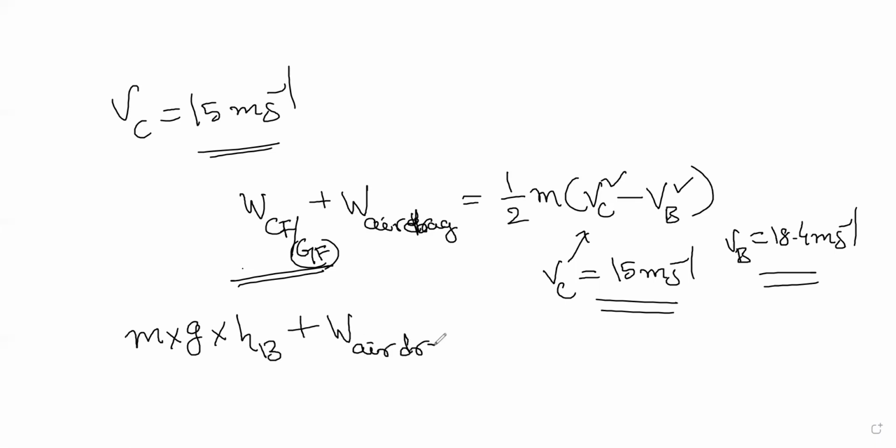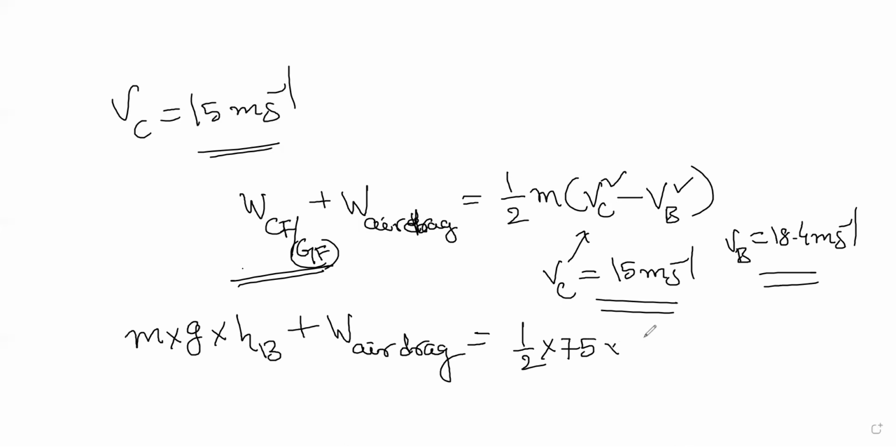The work done by the air drag is a negative work. It is not allowing the person to move really fast. That's always a good thing, because if it allows the person to move really fast, he will hit some tree or something, and he will die. Air drag is doing a good thing only. It does some negative work to stop the person. So it's like nature works that way.